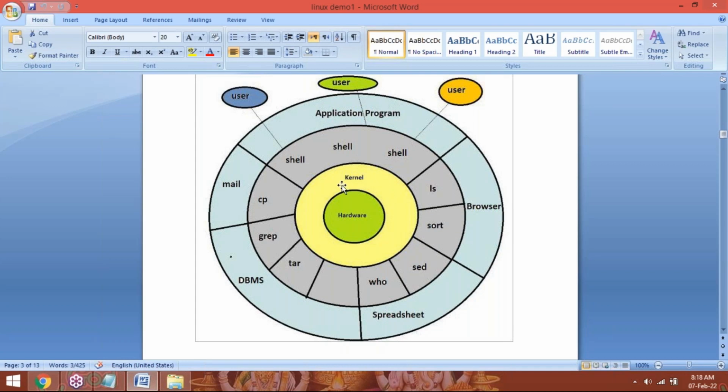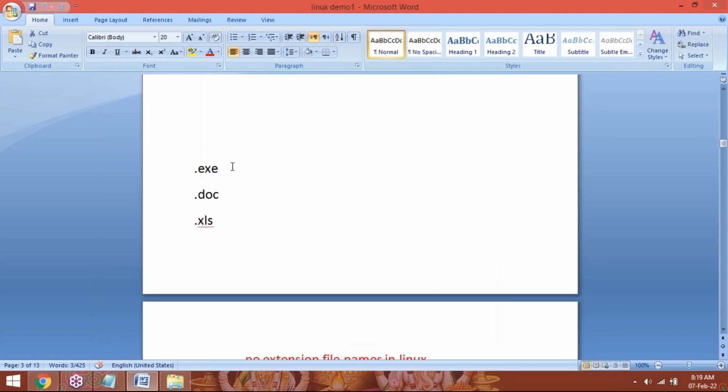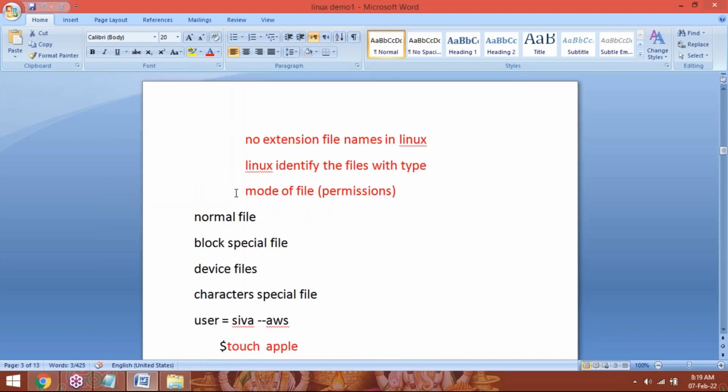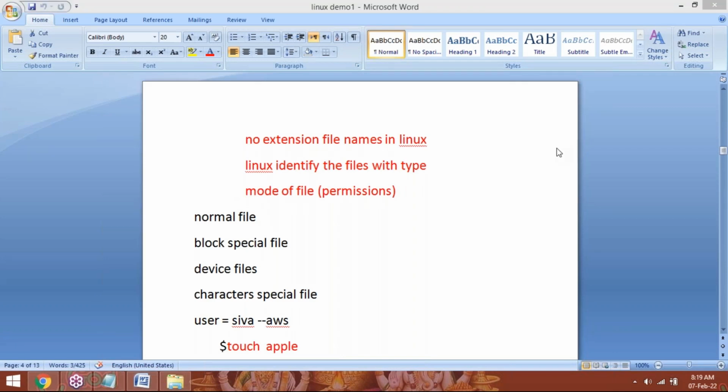So this is the structure I just showed you. Hardware, kernel, on top of the kernel a security layer, architecture level, shell, and on top of that the user is working. So shell will not allow you to run any unknown commands or unknown programs. And Windows identifies files with extension names, but there are no extension file names in Linux. So these are the points we have to remember to explain to anybody